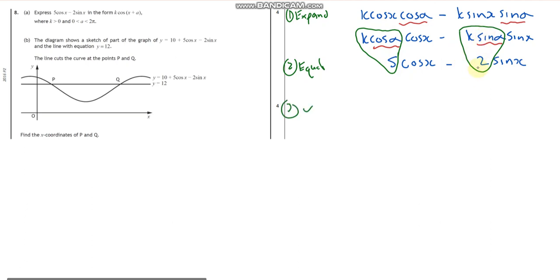Next thing I'll be doing is working out my alpha. So to do that, I'm going to say, well, I know that k sine alpha is equal to 2, and I know that k cos alpha